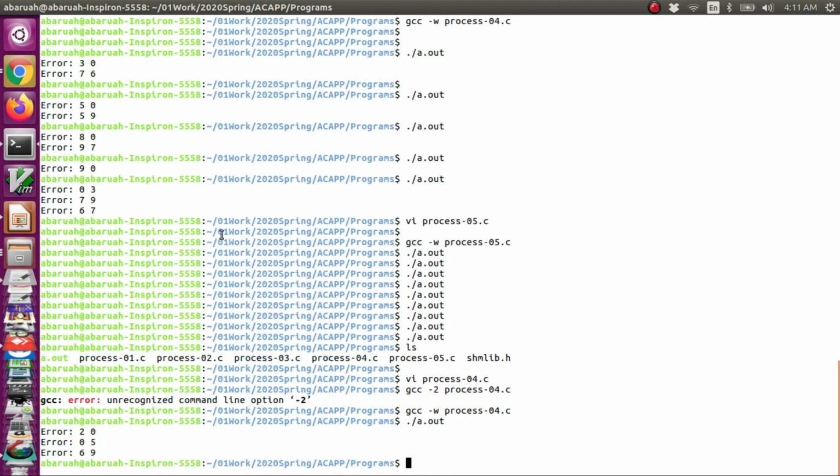And when we run the program, we see that an error has occurred. So out of the 10 processes, the error was seen for 3: process number 0, process number 5, and process number 9. So what happened is process 0